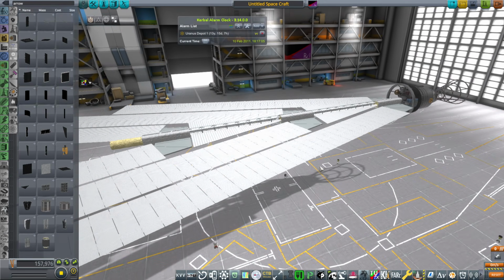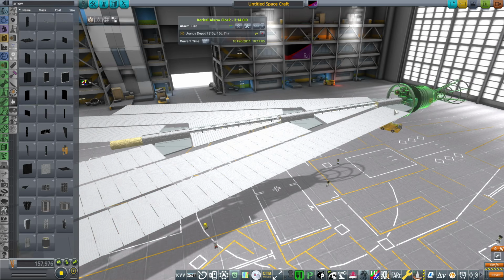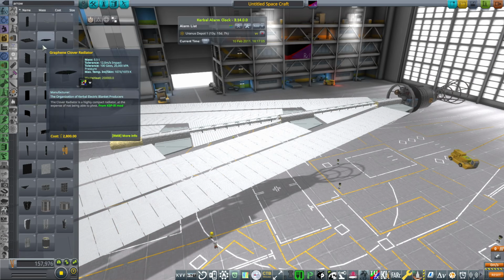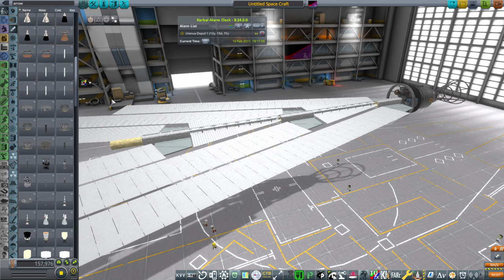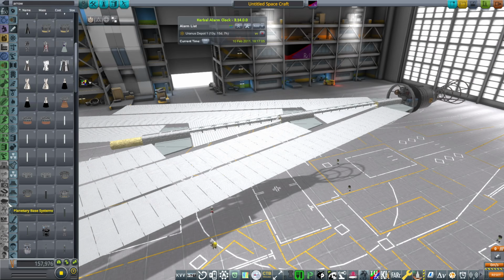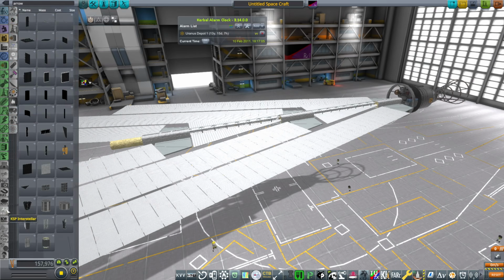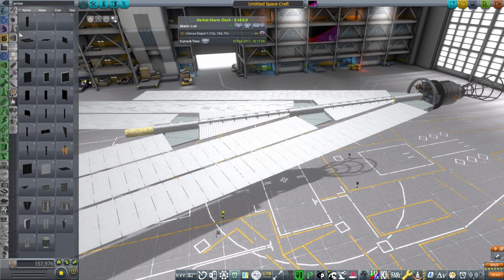I might have to go through and double check all the other radiators that are system heat compatible to make sure they're still realistic. Anyway, but that being done, I am going to go through the rest of the KSP Interstellar mod. So that config will be in the video description. And for KSP Interstellar, there are other things that I want to make compatible with system heat, of course. That's including the reactors,